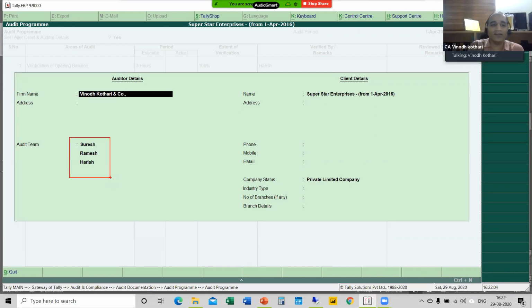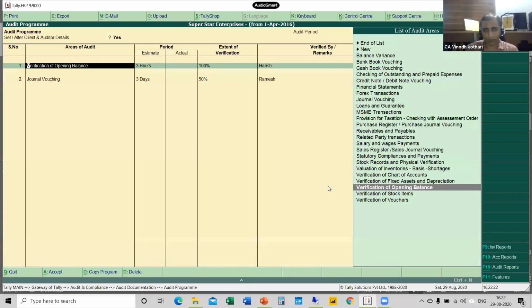So I have added here 3 staff, say Suresh, Ramesh and Harish. Then the company details, you can provide what is the nature of the company, private limited, all these details you can provide. So now I have provided who is the auditor, then who is going to be the team. Next thing I am going to provide is, on the audit